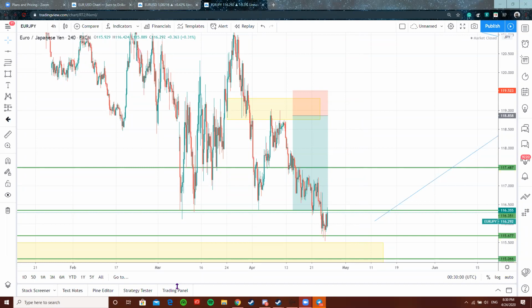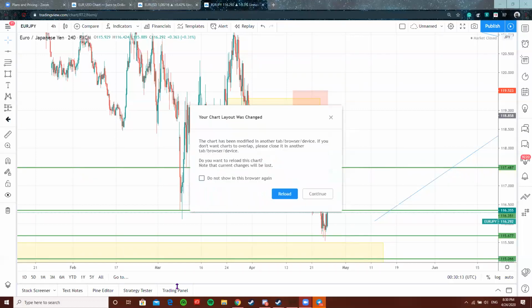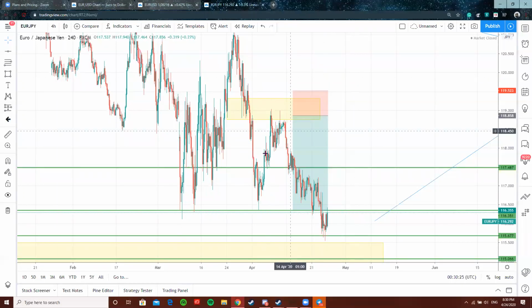And here's something that I will never, ever recommend to you guys: trying to fib a 15-minute or a 5-minute chart, and trying to trade off of those time frames solely using the fibs. You're going to lose, and I'm not going to be sympathizing with you, because as you saw, I did it from the 4-hour. I didn't do it from the 5-minute. Okay, so that's kind of how to place for an uptrend.